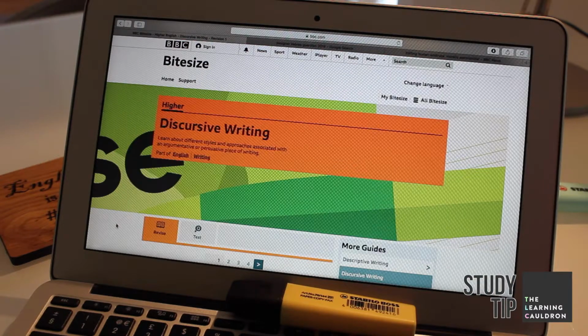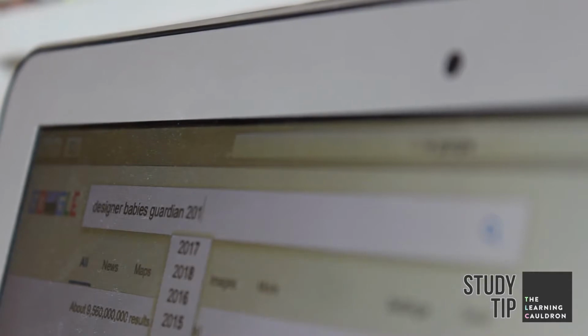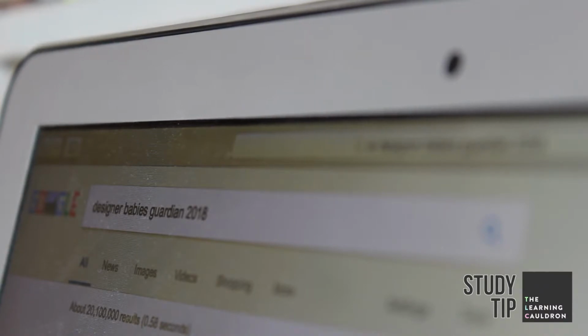3. Current. For example, if you want to write about, say, designer babies, you could type the following into the browser search bar: Designer Babies Guardian 2018. The Designer Babies ensures that the material will be relevant. The Guardian ensures that it will be from a reputable source, and 2018 ensures that the information will be reasonably